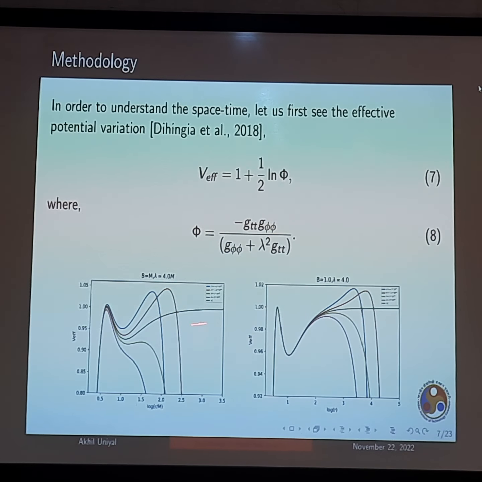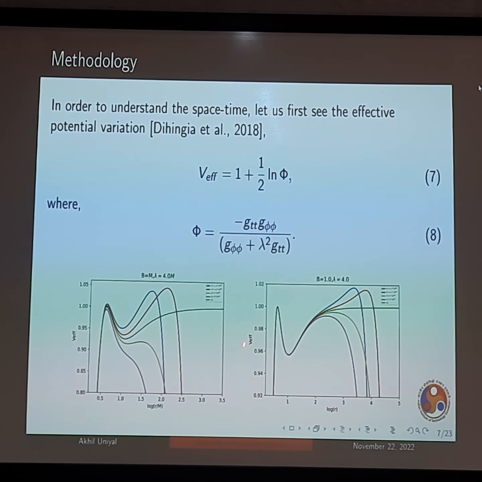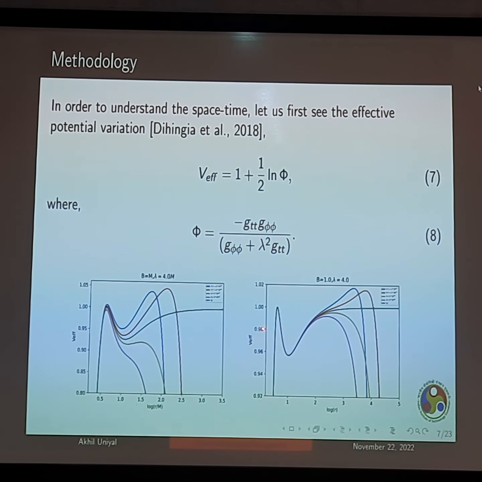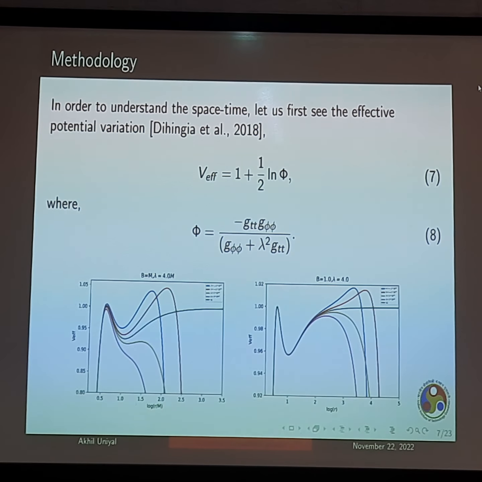So what you can do, you tune the parameter of your theory and you put this divergence away from the boundary radius. Boundary radius is basically the outer edge of the black hole. But you see, if you do that, you don't see any changes near the black hole. So this green one is the Schwarzschild one. If there is no change, then what is the meaning of the modified gravity? Because everything is happening near the black hole. You want some change there. So this model is not feasible to study the accretion disk.